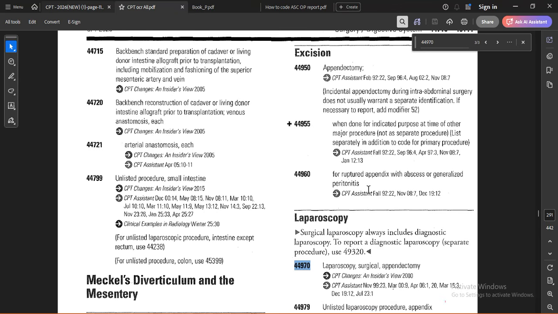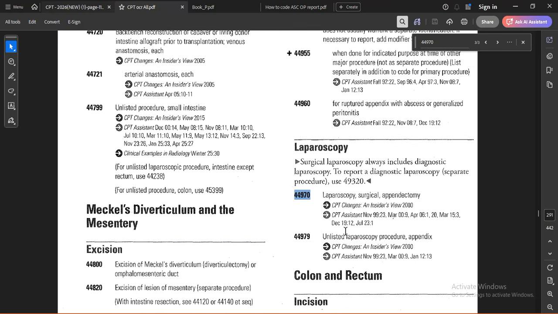Okay. So is our appendix ruptured or not? What did you see in the operative report? Is it ruptured or not? Not ruptured. Yeah, perfect. Okay. So not ruptured. Correct. Next, these are the open procedure, excision basically. These are the laparoscopy procedures. So in laparoscopy